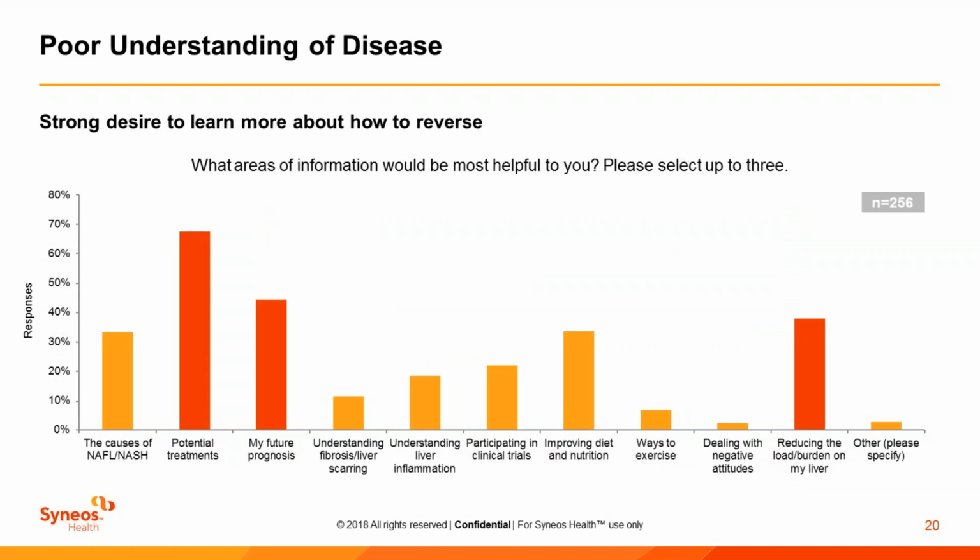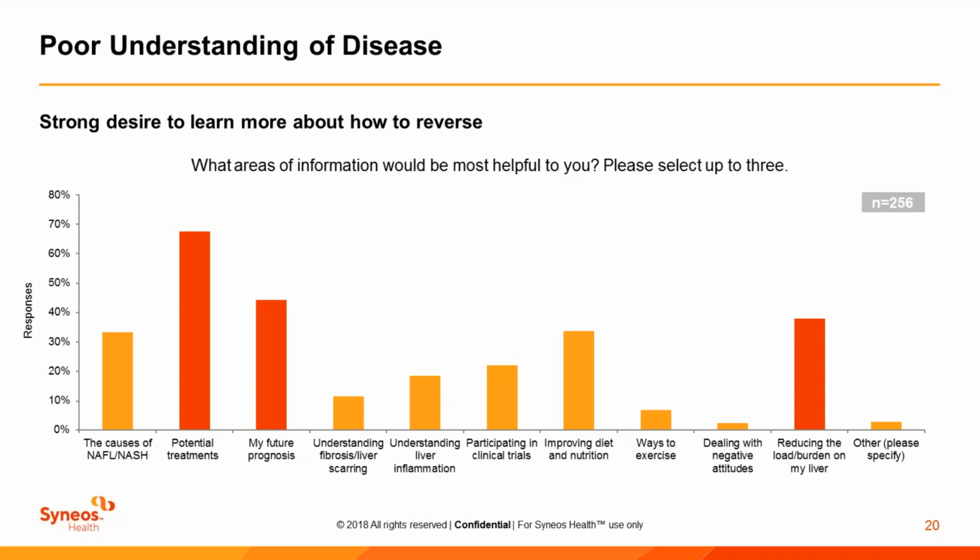Thank you, Sarah. Yeah, that was very interesting, as that basically matched up exactly with what we found in our survey, as you can see on the screen. So although our survey points to a high lack of understanding, we also found a strong desire to learn more about how to reverse the disease. Information concerning potential treatments, prognosis, and reducing burden on the liver were the most desired by this patient population,